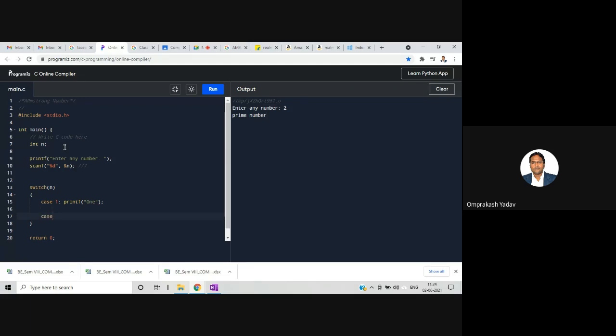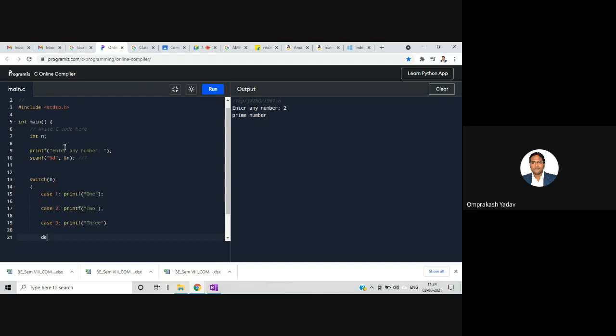Case 2. For 2, I'm writing printf 2. Case 3. Let me write this up to 3 only because we are short of time. printf 3.